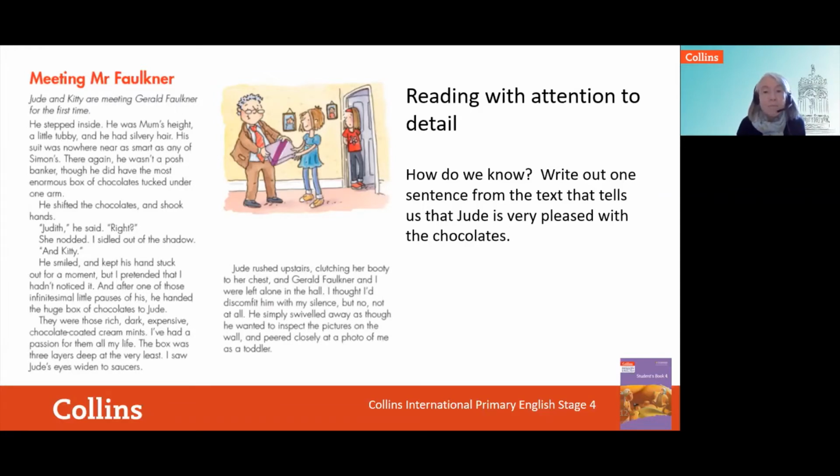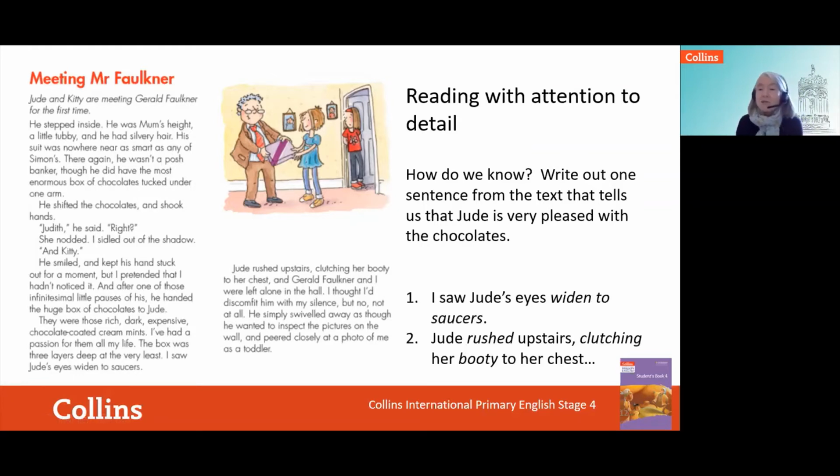Let's see what we've got. Jude's eyes widened to saucers. Yes, excellent. That's number 1. And what would be number 2? Jude rushed upstairs, clutching her booty to her chest. Yeah, absolutely. That's great. Yes, I saw Jude's eyes widen to saucers and she rushed upstairs, clutching her booty to her chest. Now, some of our students might struggle to understand how those sentences tell us that Jude is really